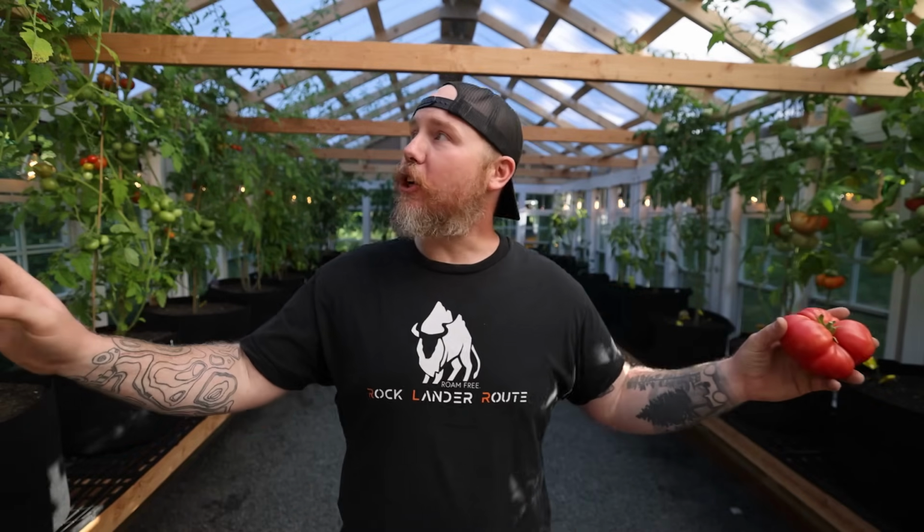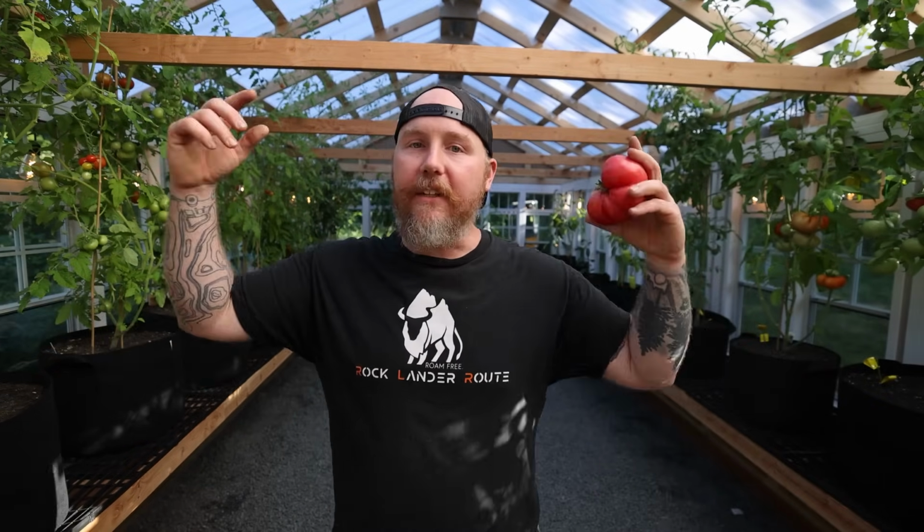These are all indeterminate plants. Actually, there's only one determinate tomato plant. And what that means is that indeterminates will keep growing like weeds until it's too cold for them to grow. So I'm gonna be able to extend my growing season probably into like November before I think everything's gonna die off, whereas usually it would be like a couple months before that. So all that to say is I'm gonna produce a lot of fruit for myself in that time,